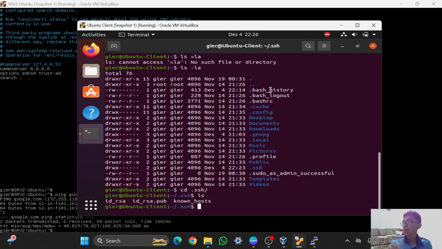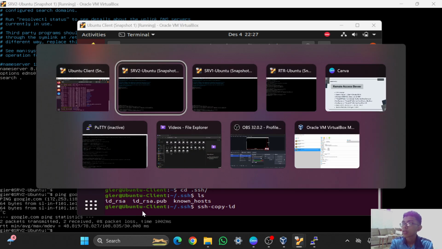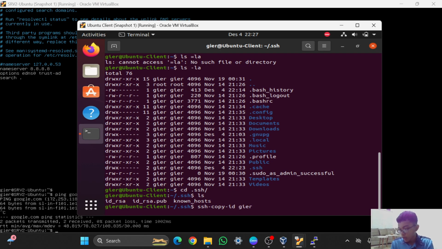And to import this public key, which is id_rsa.pub, it is using ssh-copy-id, and then the name of the user on the server 1 Ubuntu, which is gr, and then don't forget the IP.